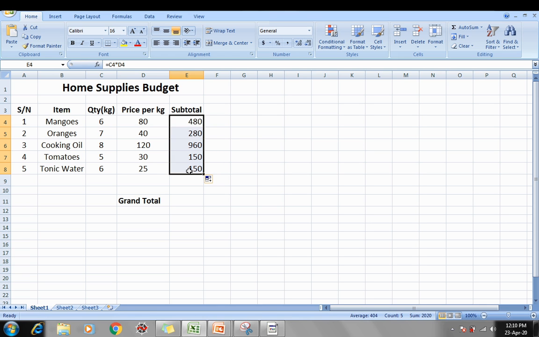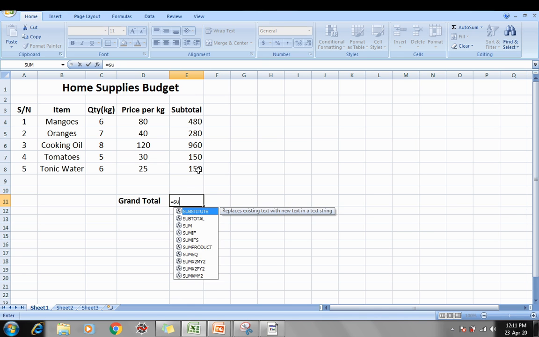For example, if we want to calculate the grand total, what will we do? First we put the equal to sign, then we have to sum up all these quantities, so we put SUM here. Then in the bracket we specify the cell range, E4 colon E8.